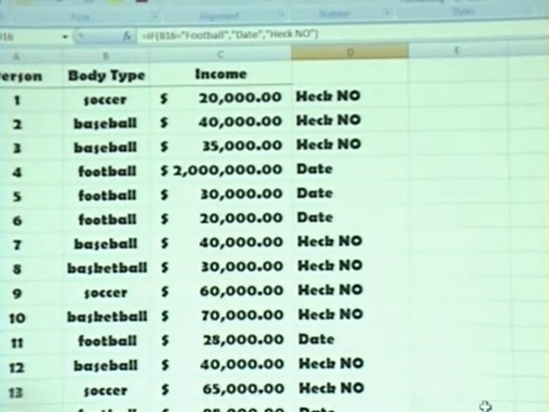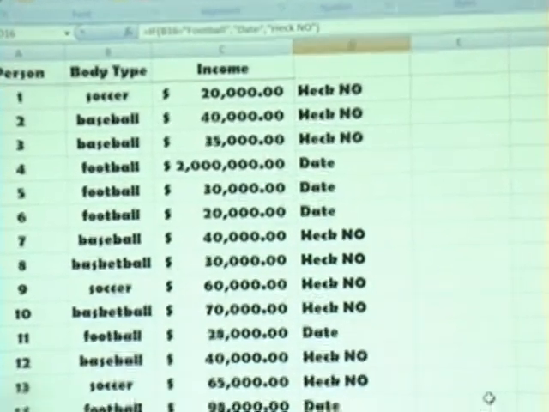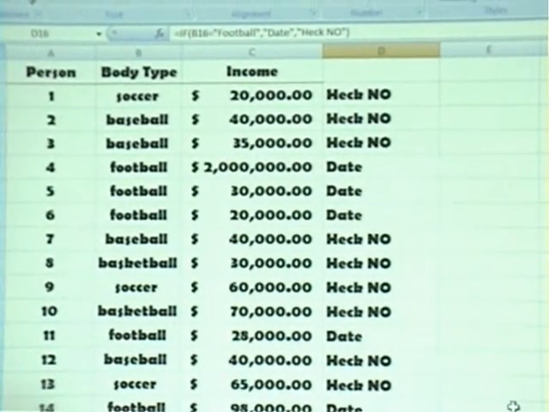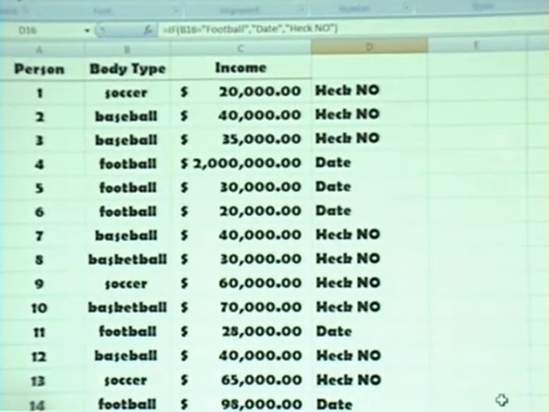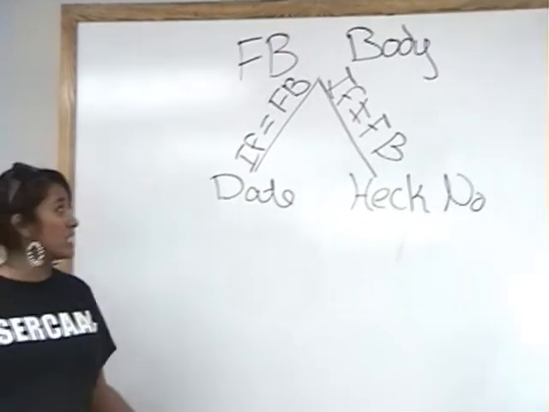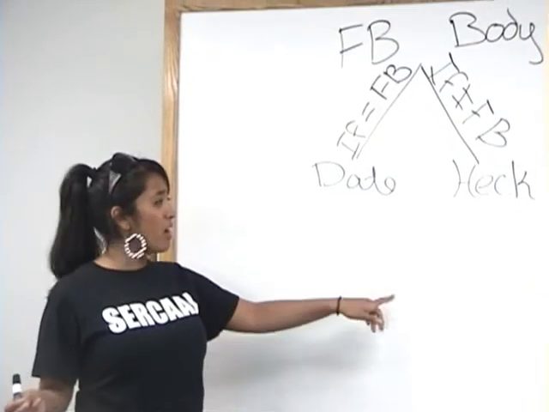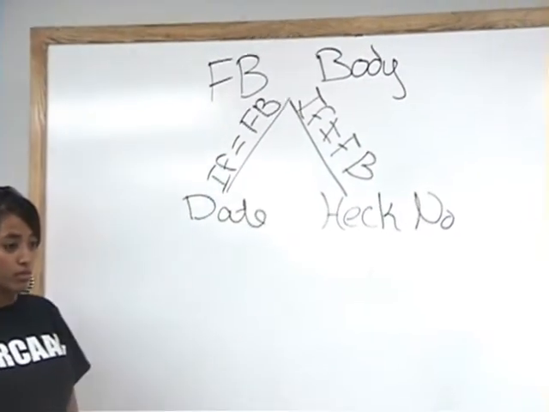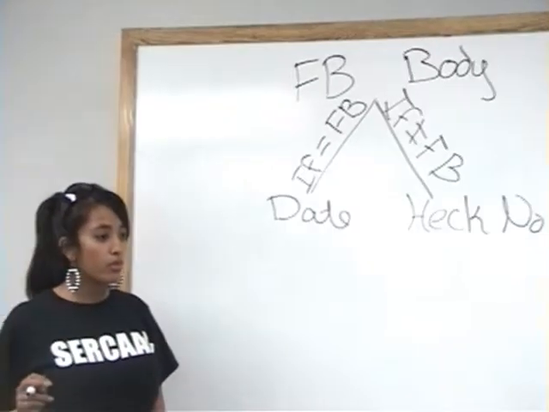You know what? I looked in a book and there's this thing called a nested if statement. And basically what it is, an if statement within another if statement. So once we have the 5 people that you can date that are football players, we look at their income. Okay, I need to do this and see it on the board. But where does the if statement go? It can go in either place, in the true or the false. But since we want only people that have a football body type, it has to go in the true column